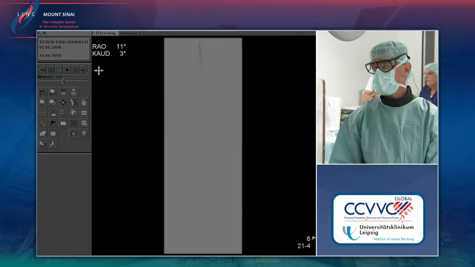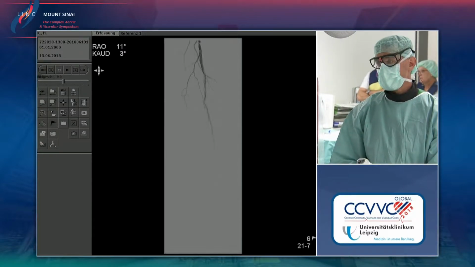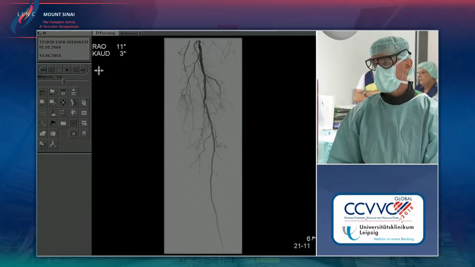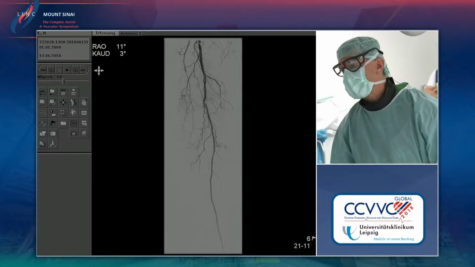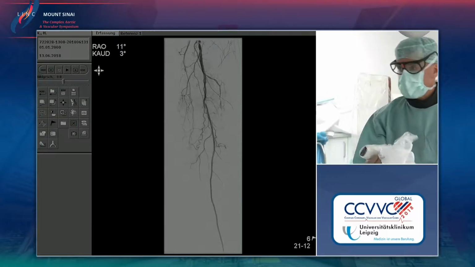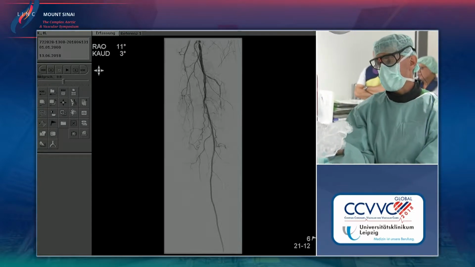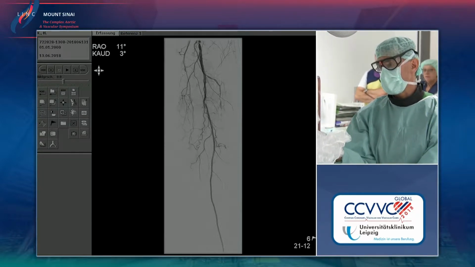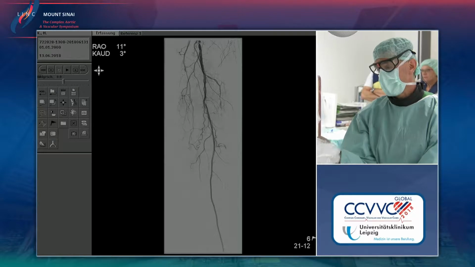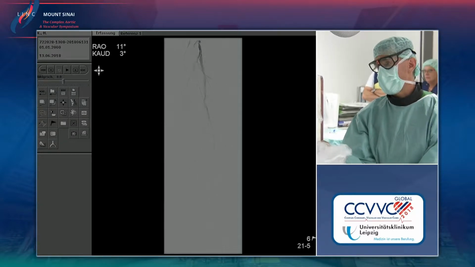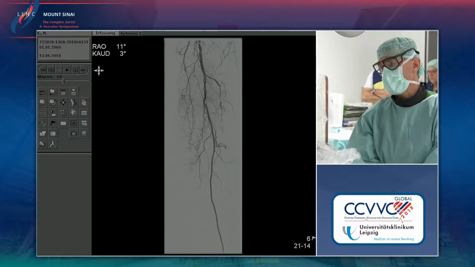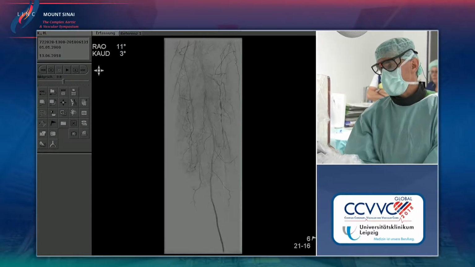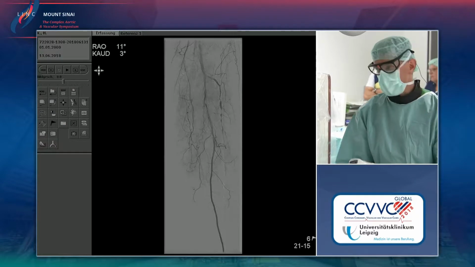Just a moment. One short question, Andre. It seemed as if the origin of the peroneal was also diseased in your introduction angiogram. Yeah, there's also a little stenosis. I think we have to do another angulation to turn that origin away from that collateral. Although I think the flow is sure. I think this also needs to get treated. But you see the anterior, there's a little channel going down, and now,